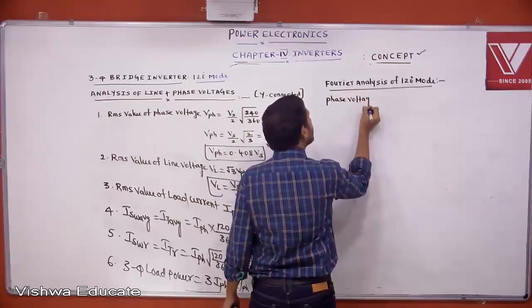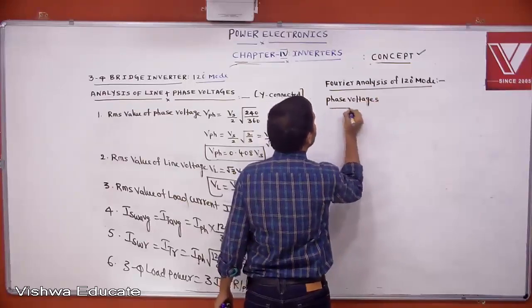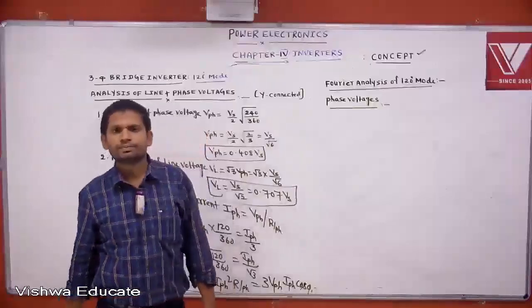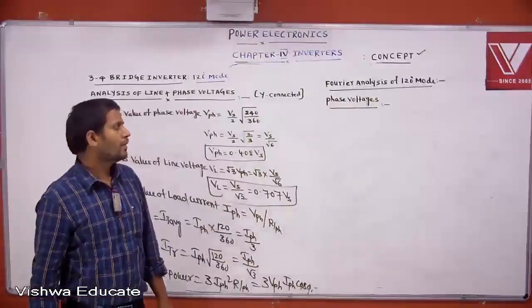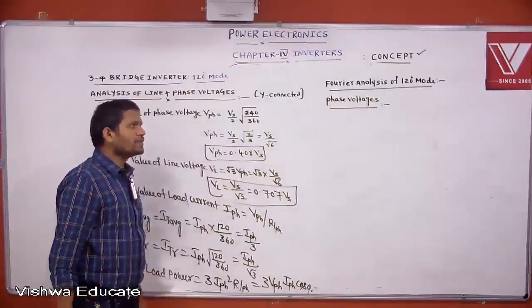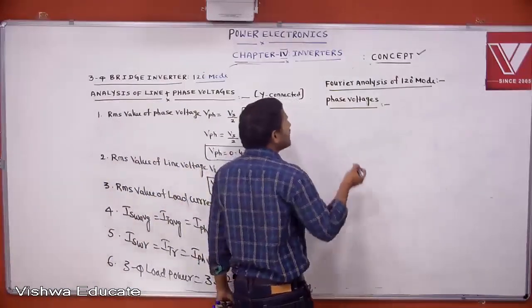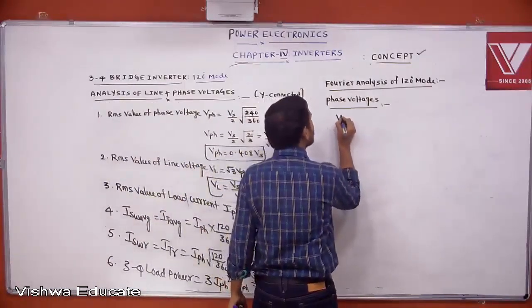Then you go for line voltage. Fourier analysis of phase voltages. Phase voltage means first we concentrate on VAN,